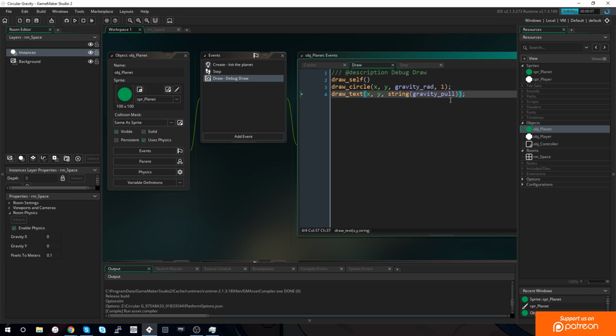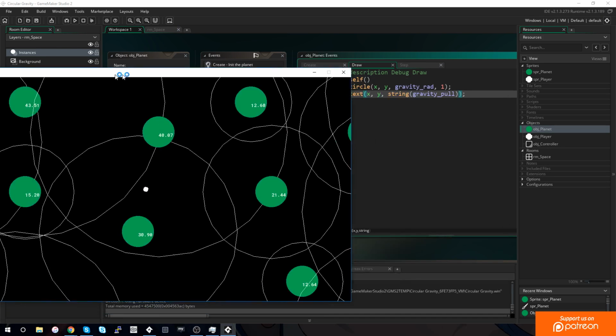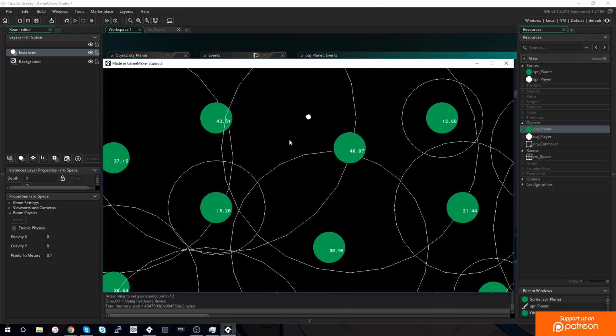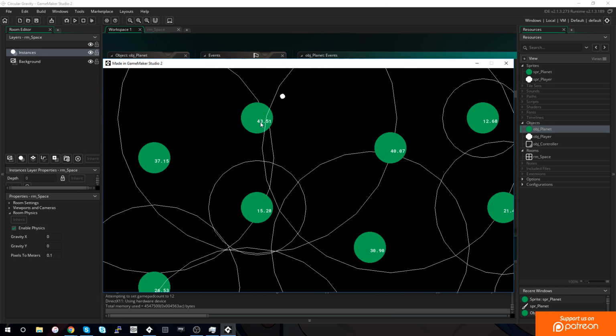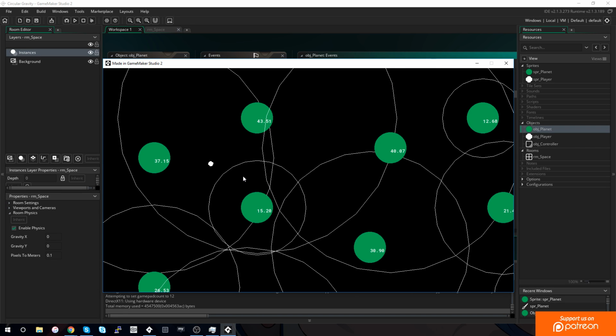So there we go. We should be able to see what the gravity pull is now of each planet when we run. Okay, let's just pull this over here. There we go. So now you can see bigger planets have a bigger pull, smaller planets have a smaller pull. So even if we entered into that planet's atmosphere, I guess you call it gravity sphere,